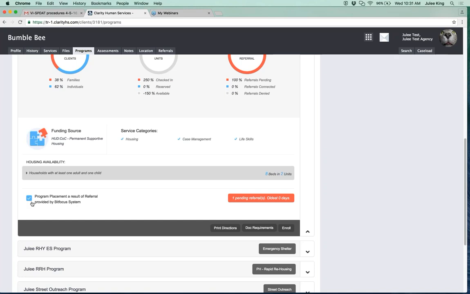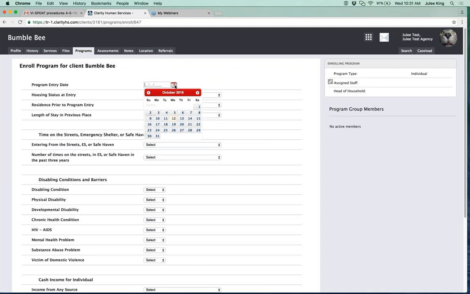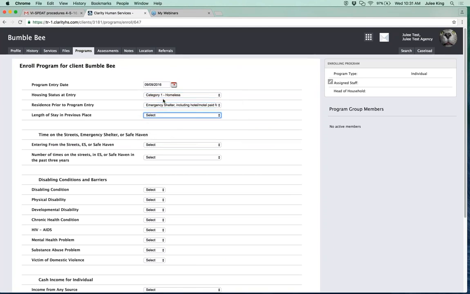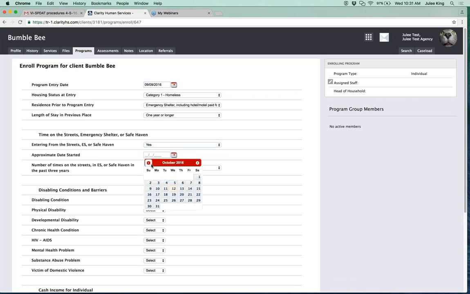Okay, so I'm going to leave that checked because I want to indicate that the client's enrollment is the result of the referral. And then I click on enroll. I'm going to go through the enrollment screen very quickly. I do want to do this so that you can see what happens on the referrals. So I'm just going to click a couple of things here. I wanted to say 1 year or more, 1 year or longer. So again, just going through this stuff pretty quickly here so that we can see how things look